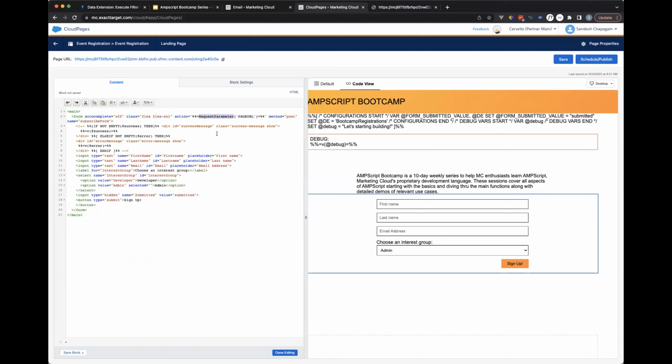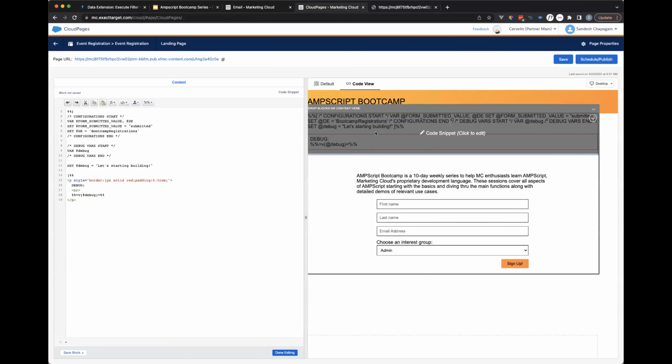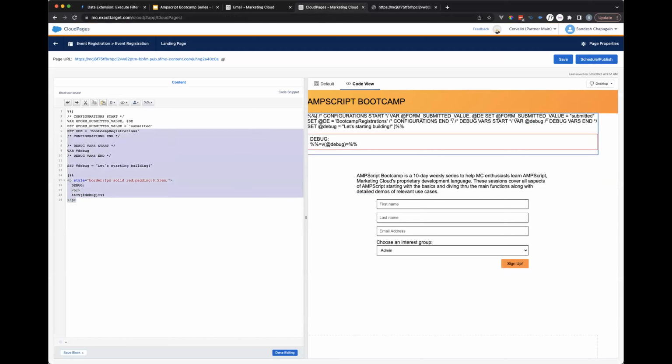Request parameter is a site function that we'll be going into next time, I believe. But what this does is it gives us the URL of the same page. So when somebody clicks on sign up here, it refreshes the page, but with the data loaded into it. And the fun part is here. This is all the AMPscript. This is where we'll write all the AMPscript that we'll be using today.